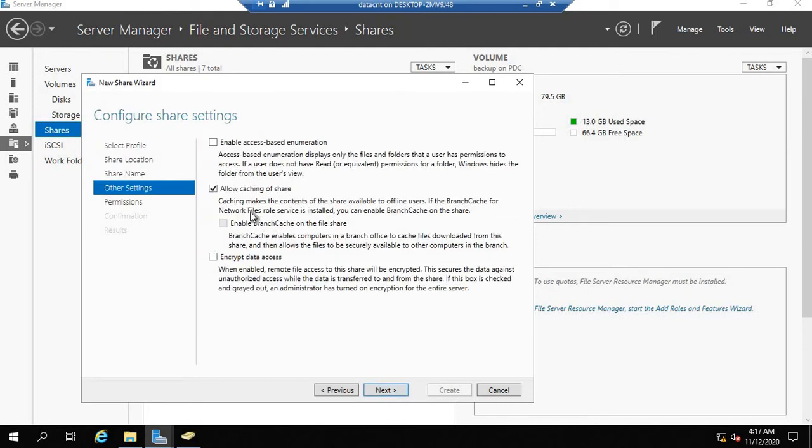Next, it is asking to allow caching of share. Okay, we'll give that. And this one is important: enable access based enumeration. Don't forget to click this. What it does, access based enumeration displays only the files and folders that a user has permissions to access. Did you get my point? Over here